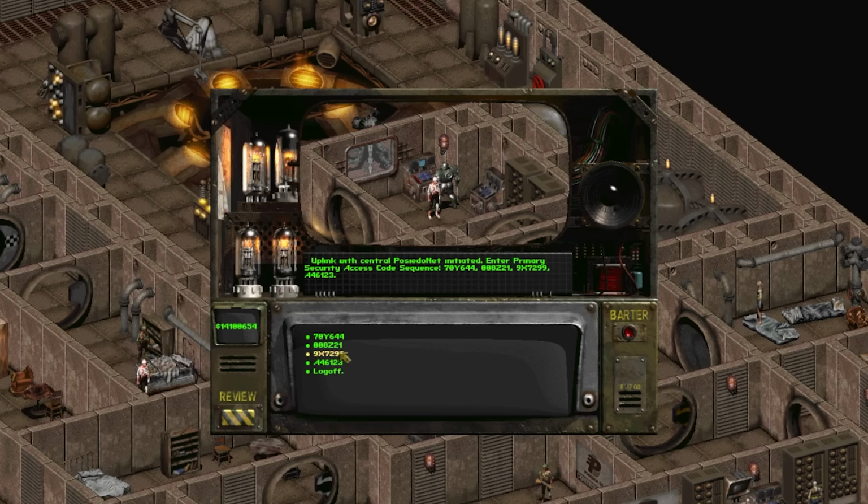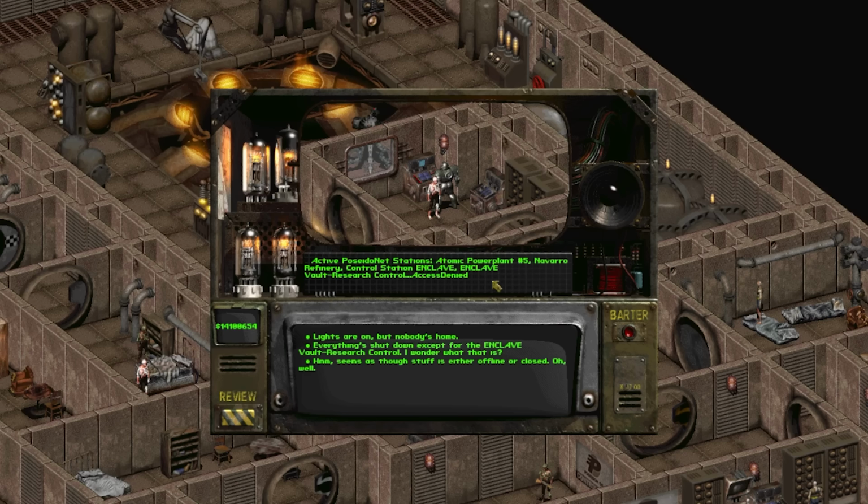In the Poseidon nuclear plant in Fallout 2, which is located in the ghoul town of Gecko, we can explore a terminal that is linked to Poseidonet. Entering in a security access code grants access to the network and reveals some of the other locations that are also connected to Poseidonet. And there are some real heavy hitters. NORAD, the North American Aerospace Defense Command, is connected to Poseidonet, presumably at their Cheyenne Mountain complex in Colorado, as is the Strategic Air Command, which was a command within the US Department of Defense.